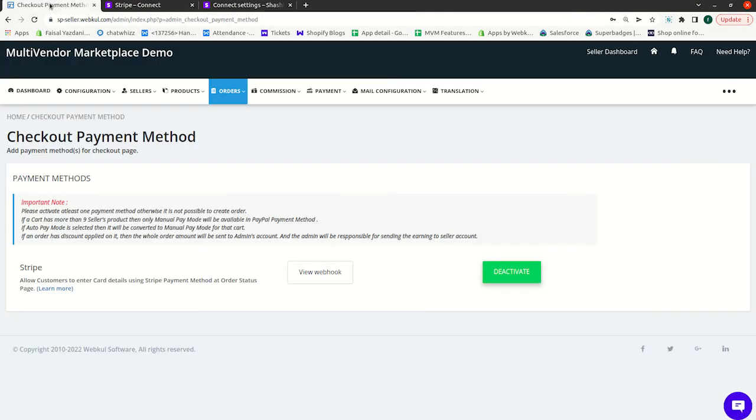When both of you add your Stripe account to the multi-vendor application, the payment will be automated on a real-time basis, and as I told you at the start of the video, the amount paid by your customer will be auto-split between you and the seller as per the commission configured by the admin.